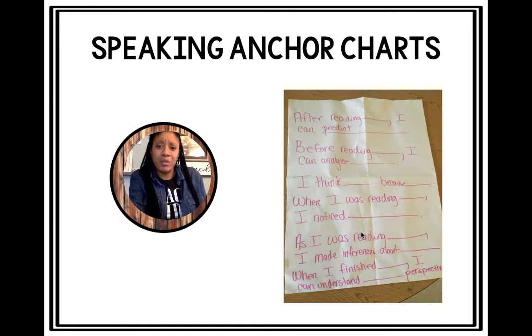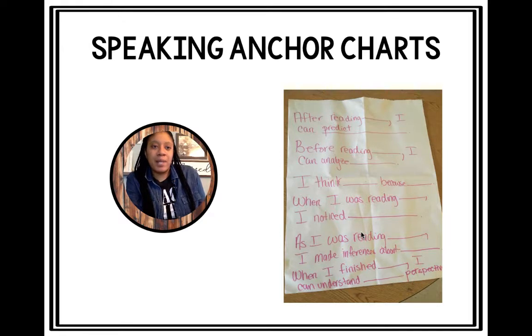I have anchor charts around the room. And you guys, this is one I used this week, so sorry for it being wrinkled. We're doing a lot of novel studies this year, and a lot of it requires them sharing their novel studies, sharing the gist, sharing a summary, and a lot of times the curriculum will say, "Hey, I want you to read chapter 19 to the class."